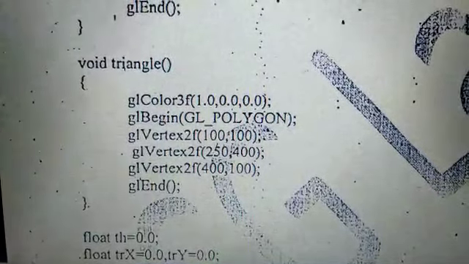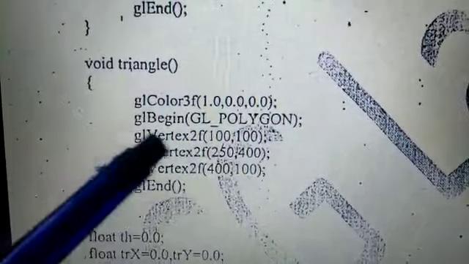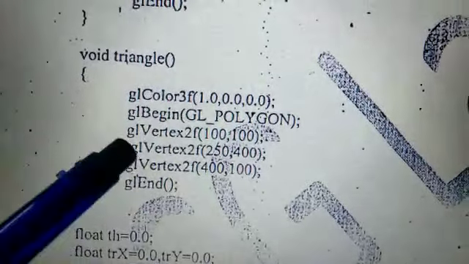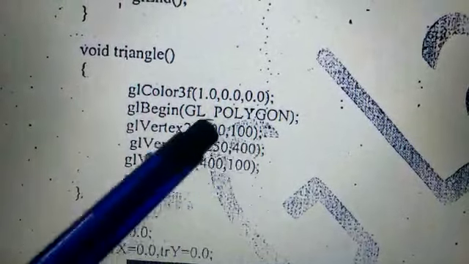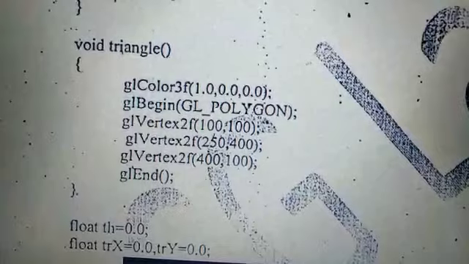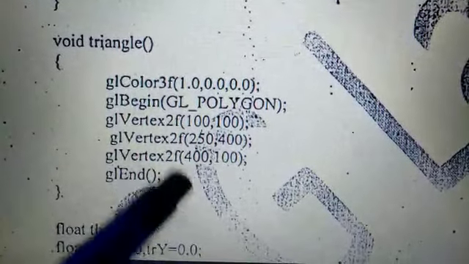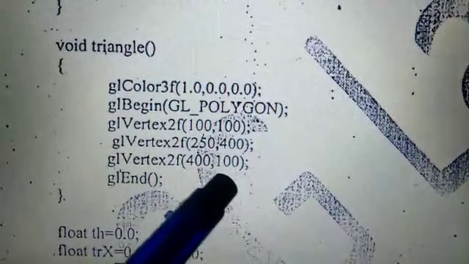Then glVertex2f, that is two floats, the vertex values, we have given as 100, 100. Then one more value we have given as 250, 400. So from one end to another we have provided the three vertices of the triangle. Then glVertex2f again 400, 400.